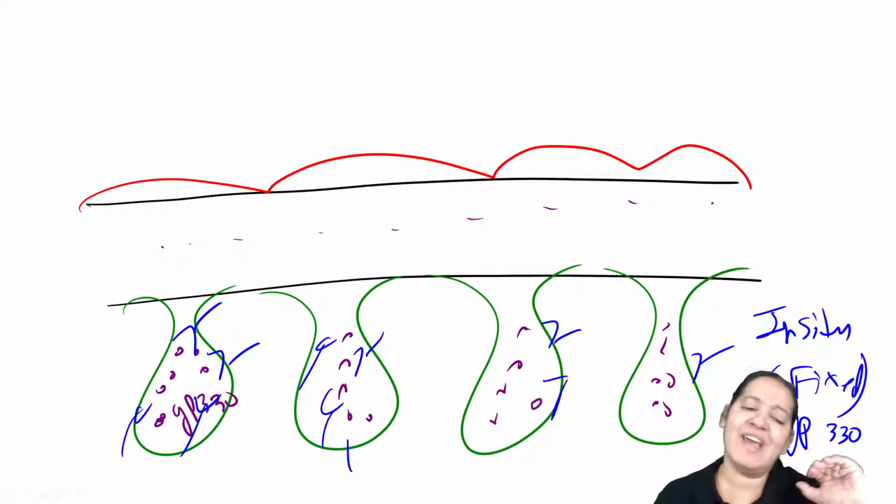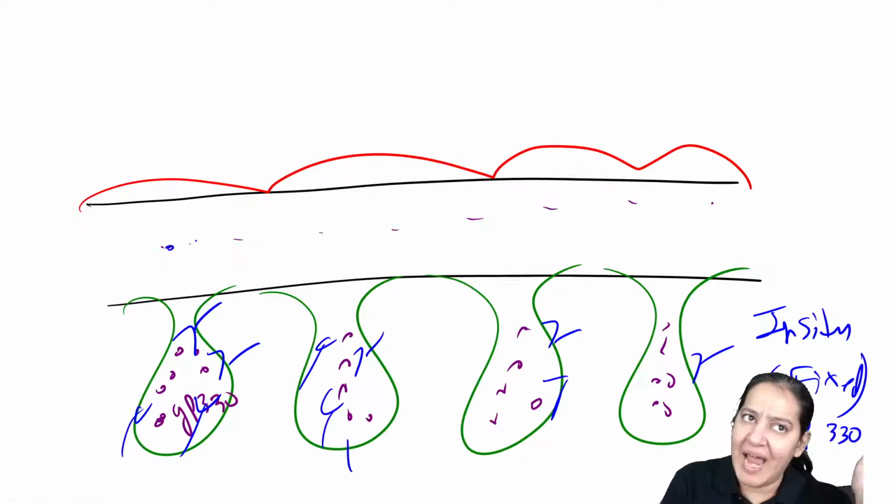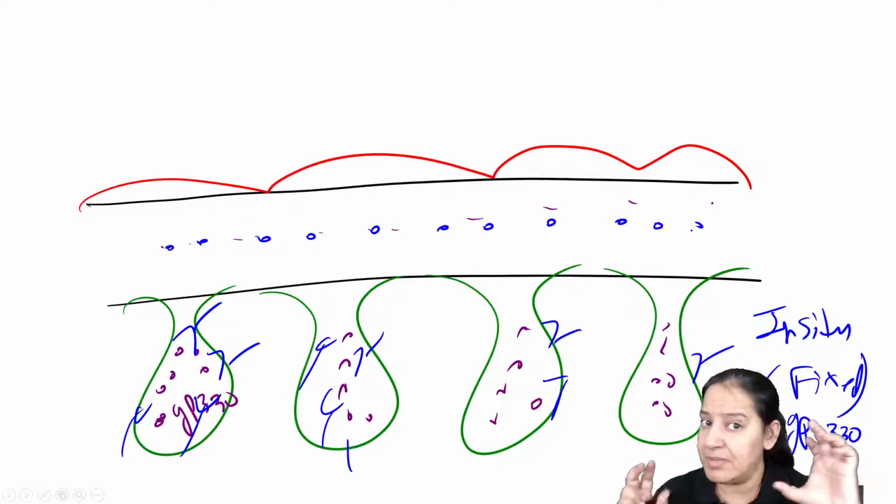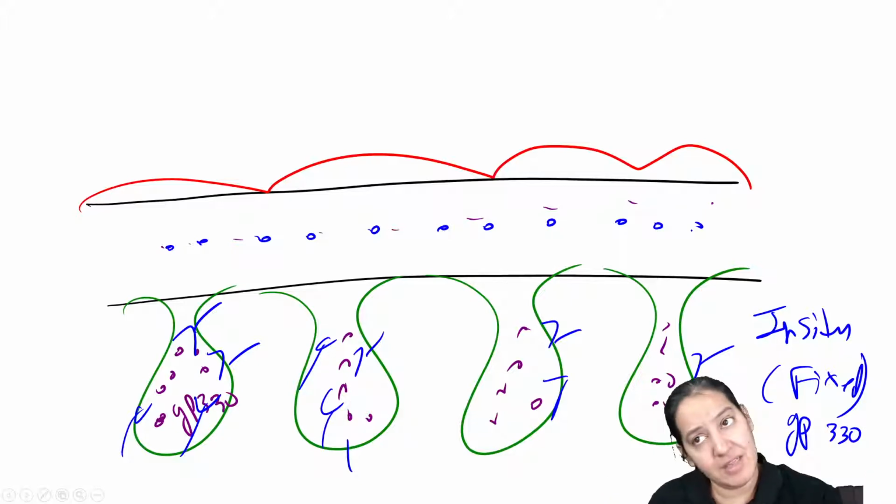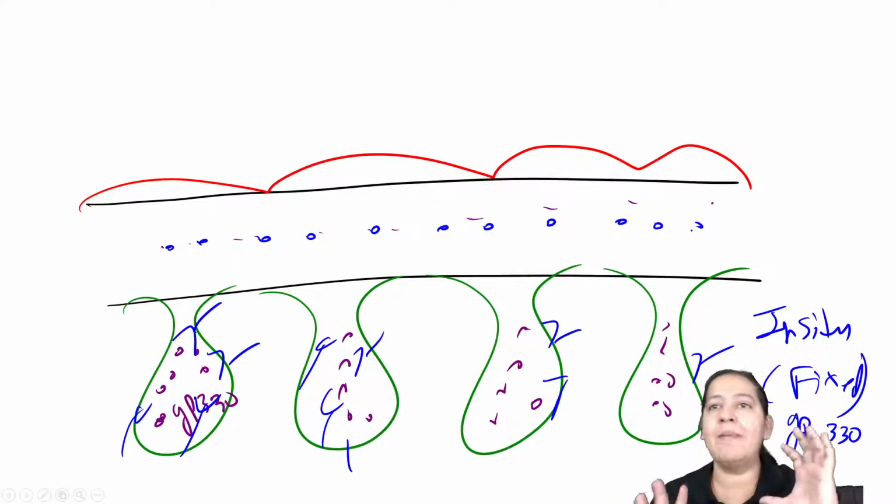So it is the same way as that of Goodpasture. In Goodpasture, the antigen was type 4 collagen, the alpha 3 NC1 domain, that is present on the basement membrane. Here the antigen is GP330 which is present on the podocyte. Give me a thumbs up. So the body is forming antibodies against it.